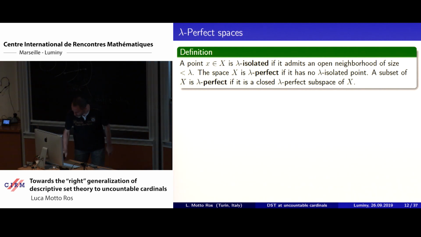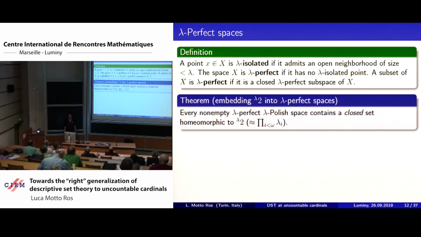Okay? And once you have this, one can prove exactly the same theorem as in the classical case. If you take any non-empty lambda Polish space, which is also lambda perfect, then there is a closed subset which is homeomorphic to 2 to the lambda. And let me mention, this is the first non-trivial result. Well, the other ones were just a little bit technically tricky, but here you need to use something different, okay? So first of all, the point is that we don't really embed 2 to the lambda, but something which is homeomorphic, which is the product of the lambda_i, where the lambda_i is a cofinal sequence. So essentially, when you try to embed that space, you need to split many times cofinally in lambda. Okay, the first time at least lambda_0, the second time at least lambda_1, and so on and so forth,